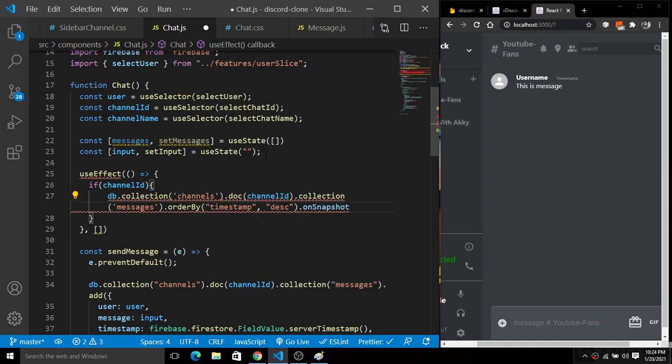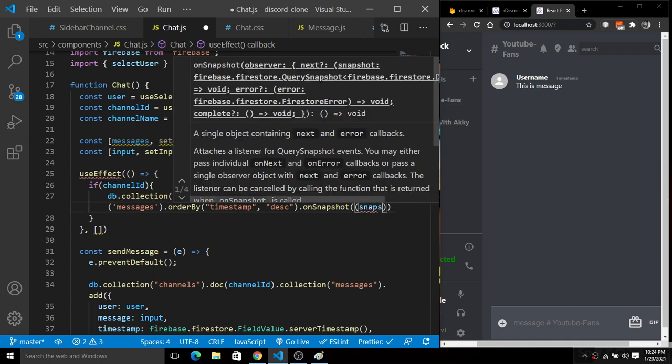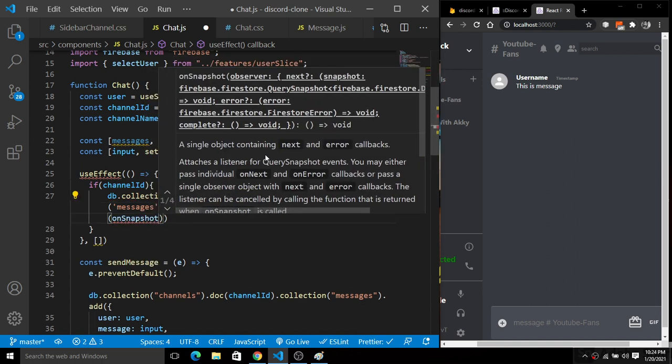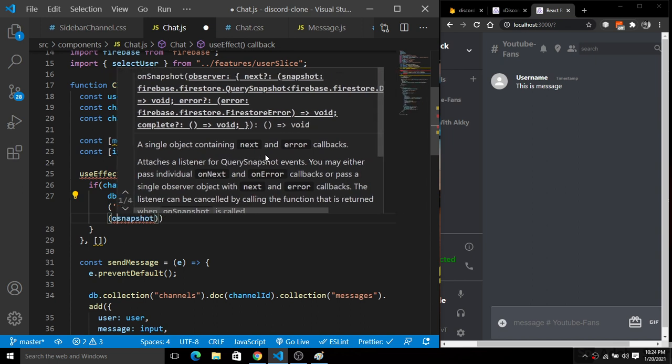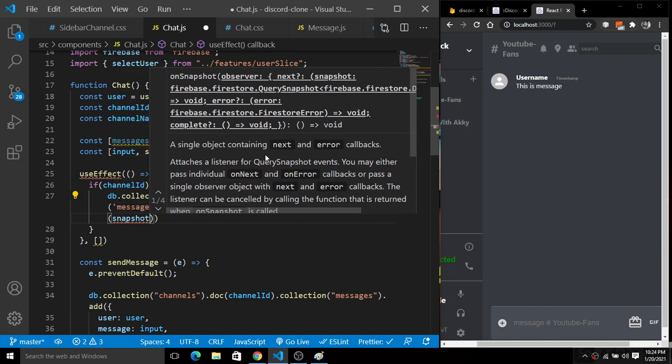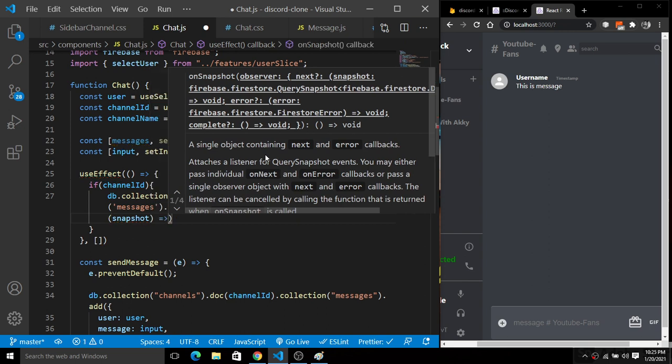I'm going to simply use the onSnapshot functionality here also. Inside of this snapshot I'm going to simply create an arrow function here.